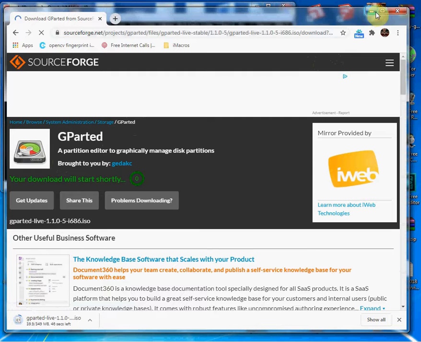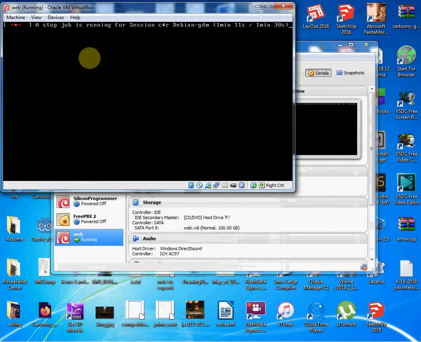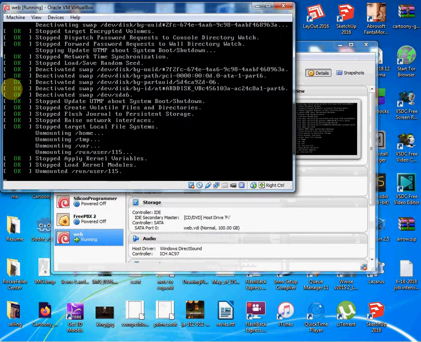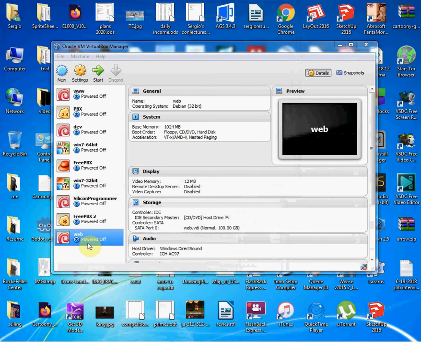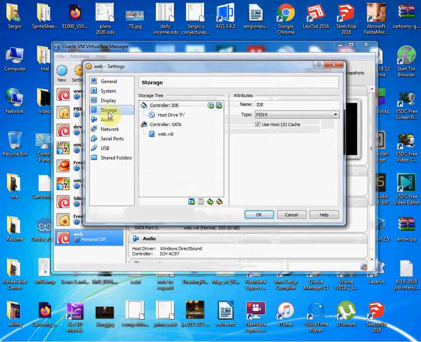So I'm going to go back to VirtualBox. Let's wait till this stops. I'm going to go back to VirtualBox, and I'm going to restart the web server, but using the ISO of GParted Live as a CD drive image. So it's going to think that it's a disk in the CD or DVD drive. Okay, so how do I tell it that the ISO is going to be an image on the CD drive? I click on web, I go to settings. In the settings, I go to storage. In the storage, I click my drive,